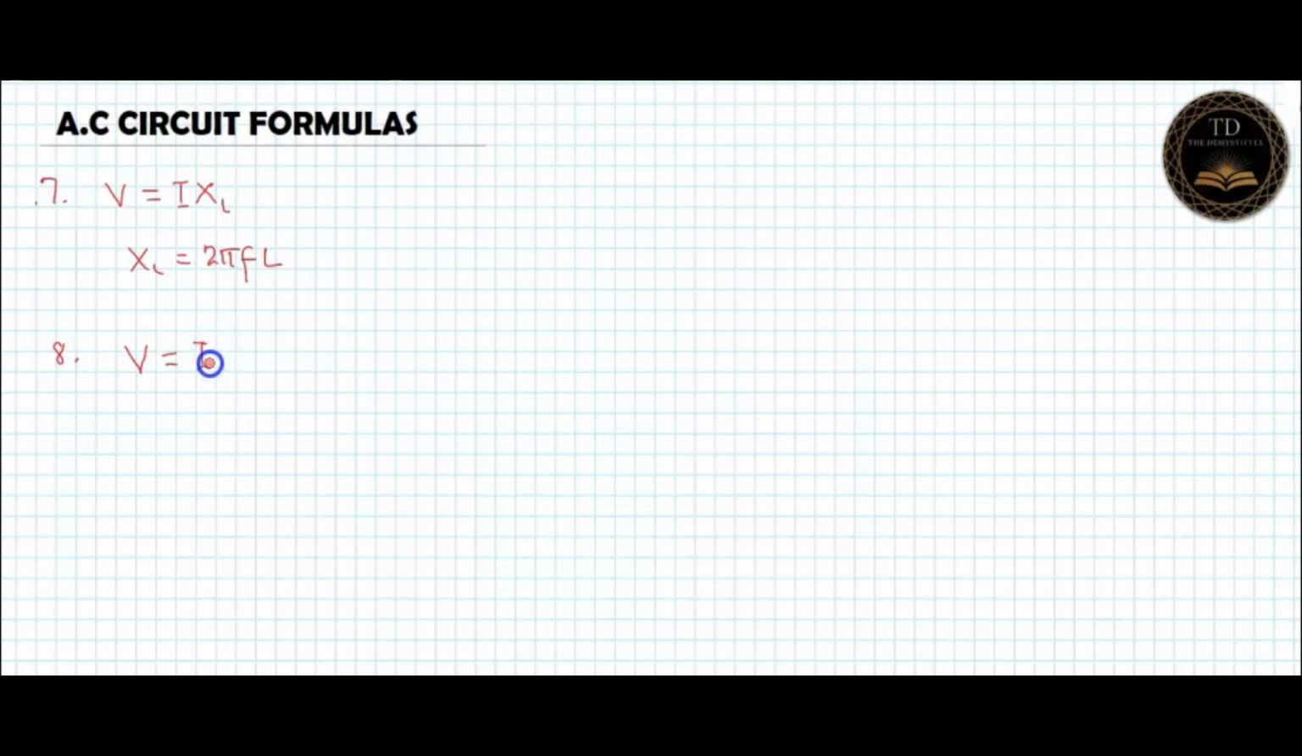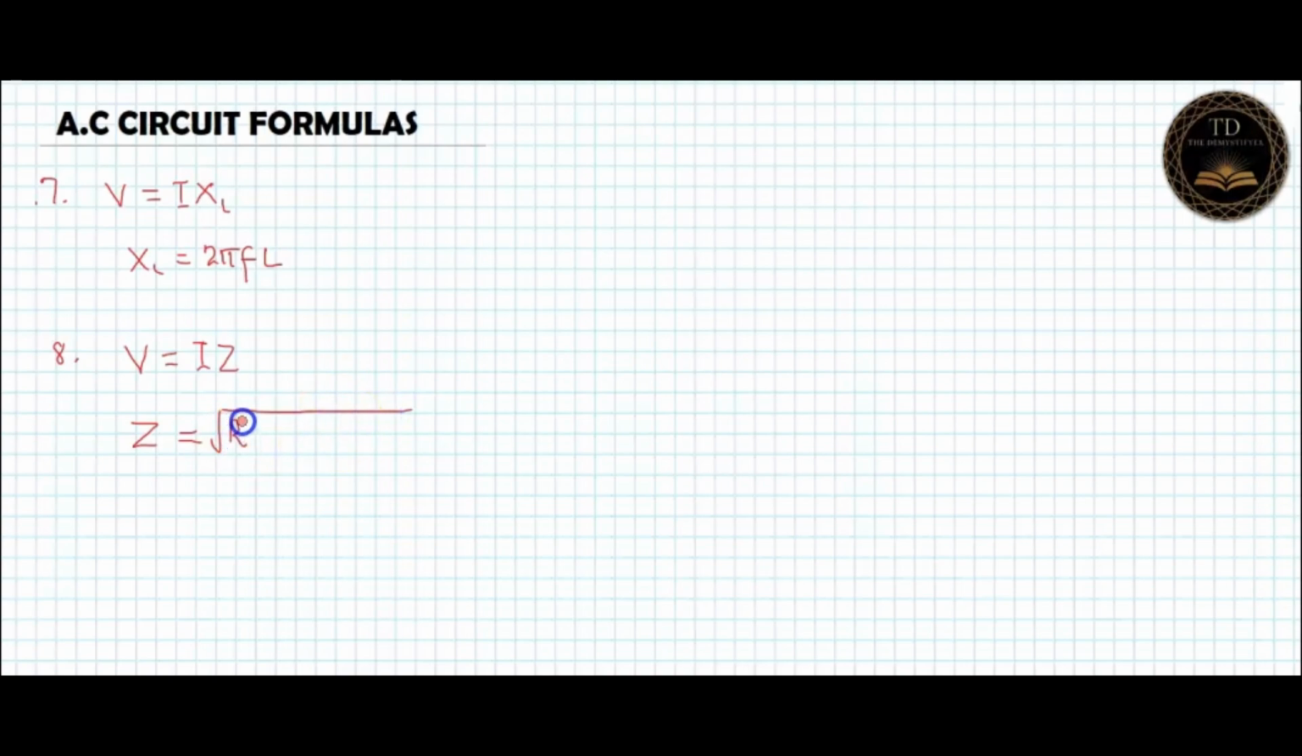Now, instead of writing R, the R will be replaced by the resistance offered by these 3 components: the resistor, the capacitor, and the inductor. The opposition to the flow of current offered by these components is referred to as impedance. That's the special name for it, and it's usually given by Z. So V is equal to IZ, and Z is given by the formula the square root of